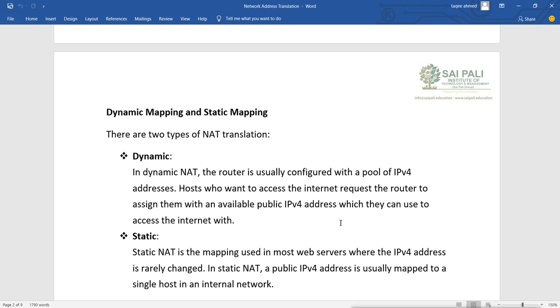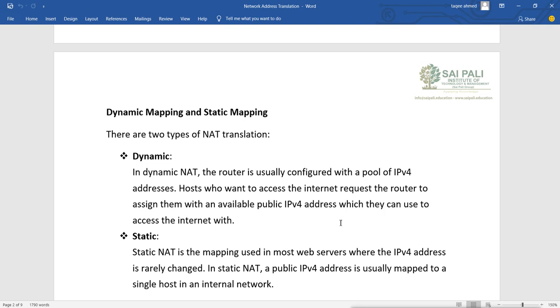If suppose I want 10.1.20.3 not to be translated, then I will not map that IP. If I don't map it, then it cannot be translated, and if it is not translated, then it will not be able to access the internet. In dynamic, because we are using the pool and dynamically it is using the mapping, we are not able to decide which IP should be mapped and which IP should not be mapped. Now for that, in dynamic configuration, we can use the access list.